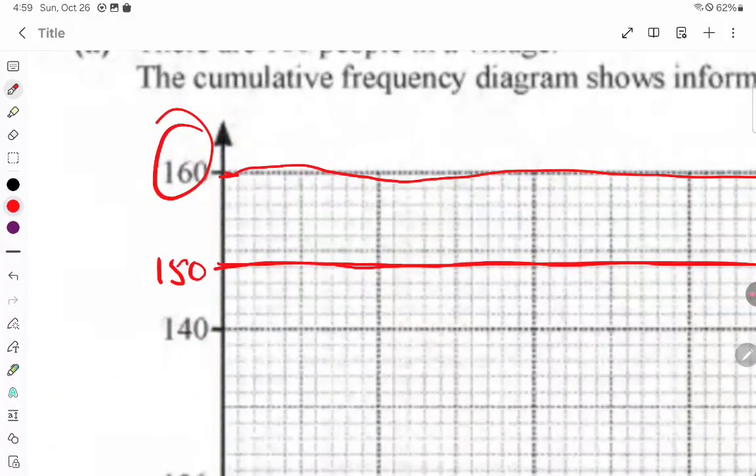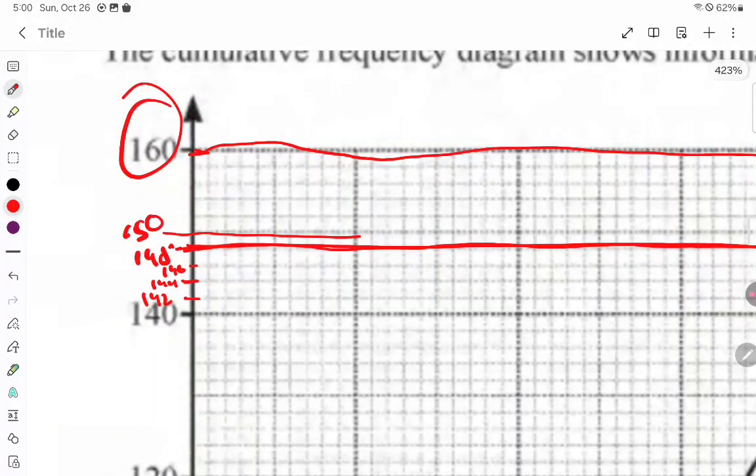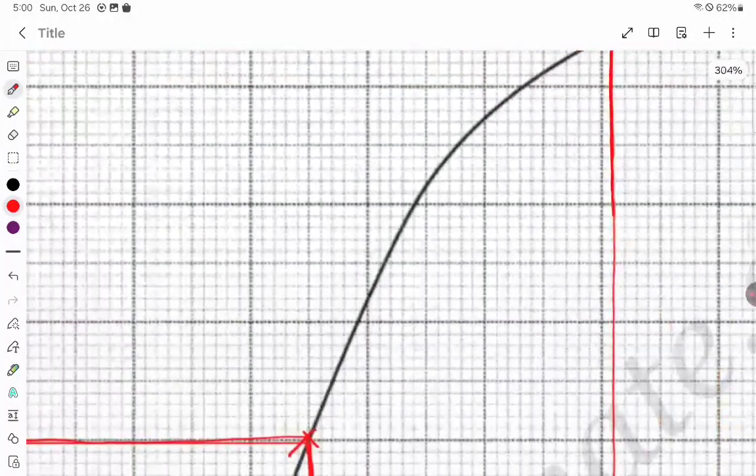this part is 150, and this can be considered as 148, 150, 148. This is our 142, 144, 146, and 148. So one box is equal to 2 units. So 148 is our